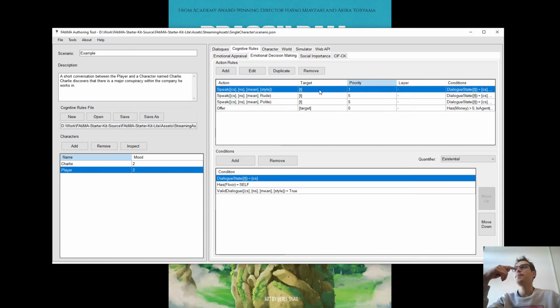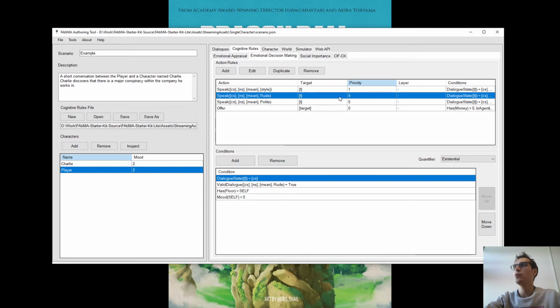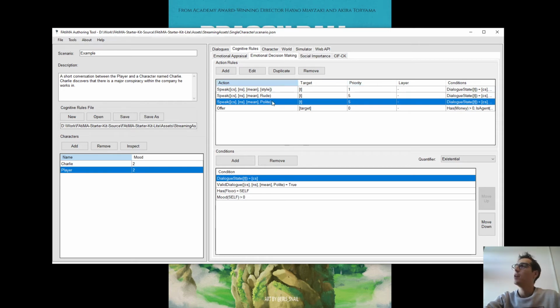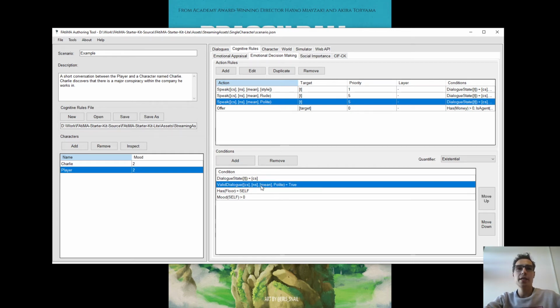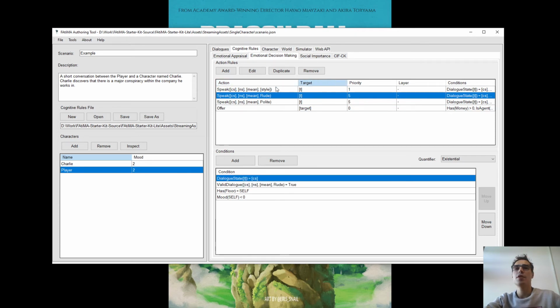So he's here, okay? And what I told this system is that if it is possible to execute the roots, and if it's possible to execute the root style and the polite style, he will execute these actions with a higher priority. So if he's able to replace the current state, the next state, the meaning with the polite tag, then he's going to return true, and this action will be highly prioritized over this one. Okay,